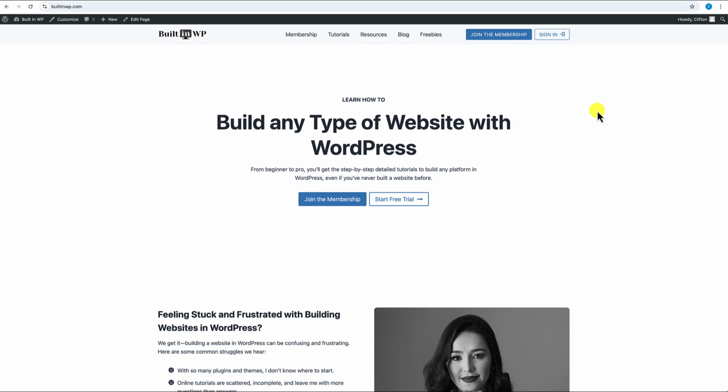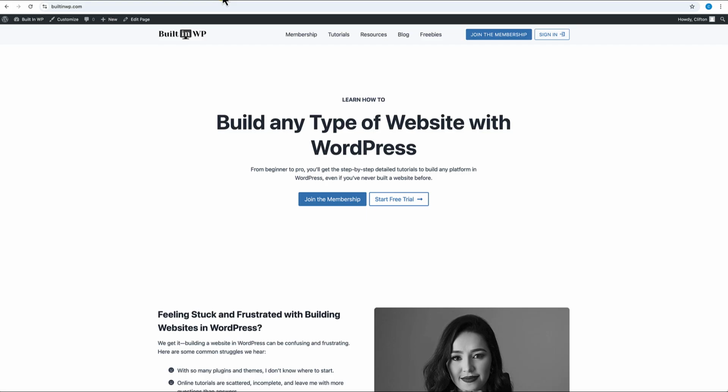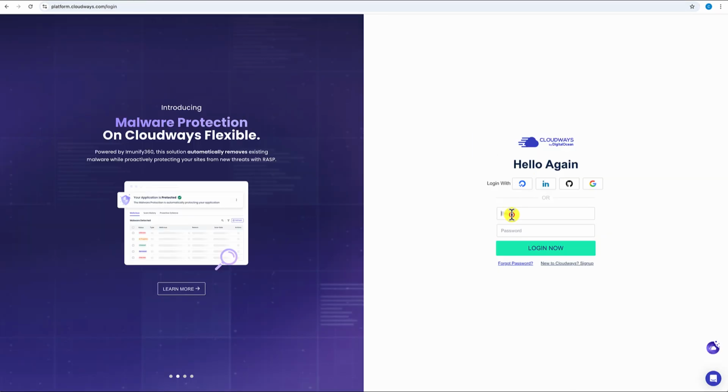Okay, so to do that, we're going to go back to our host or our hosting service, which is Cloudways. And this is one of the areas where Cloudways is very powerful for building out membership websites. Initially we did set up an account here, and that's where our current website, which is the built-in wp.com website, is hosted. Now we're going to build our membership site right next to it and have it on a completely separate application. So I'm going to come over here and log into my Cloudways